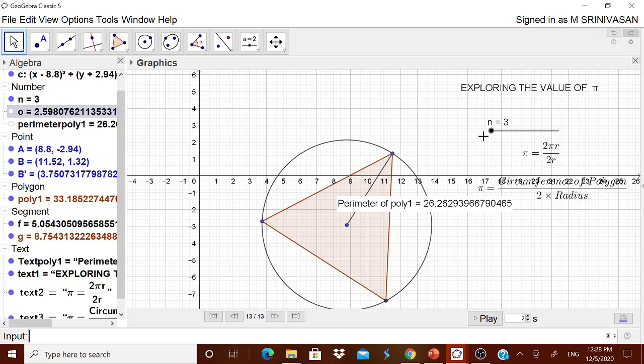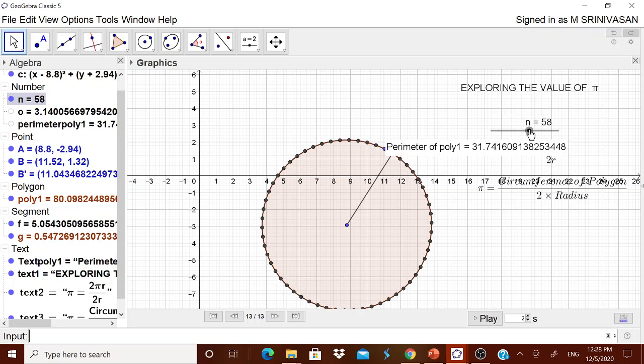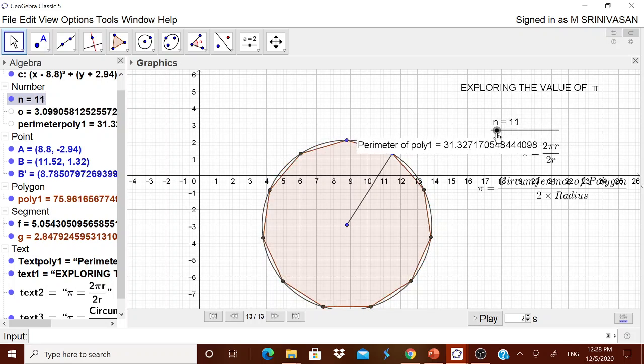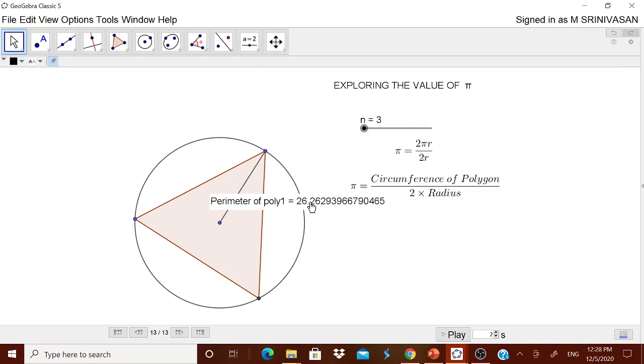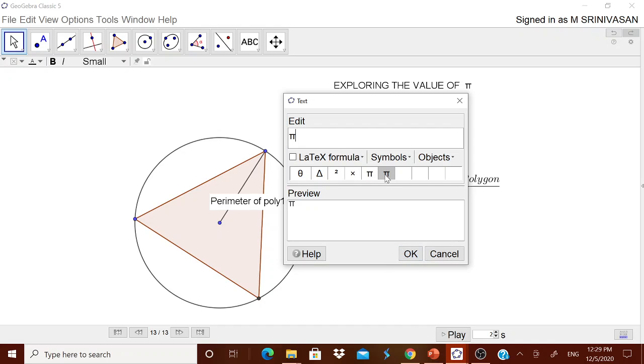Now please observe this O. When I am moving it, it is going very close to 3.14. You are seeing it, 3.14. It's very close. Therefore, let us come back and then go to this geometry view. And now you can declare to the children that what is the value of pi now. Therefore, the value of pi is equal to, from the object, I think all of you have seen just now,